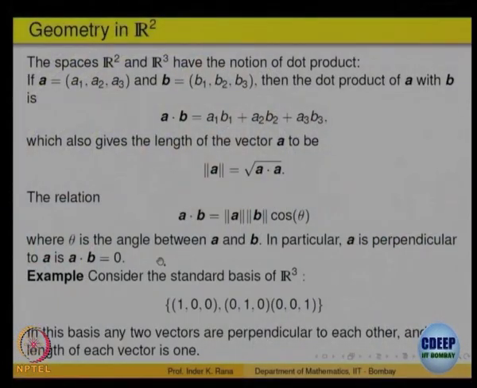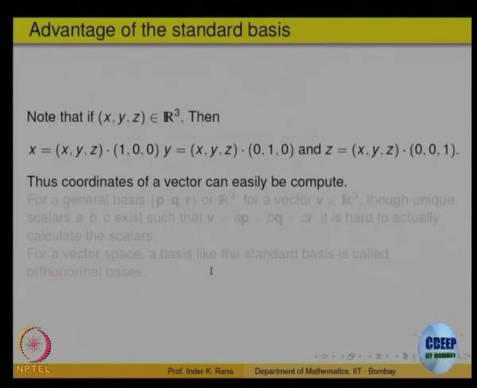So, this is the standard basis in R3: 1 0 0, 0 1 0, and so on. And what is the property of that? Any two of them are perpendicular to each other and the magnitude of each one of them is equal to 1, right. We have seen that a basis for R2 or R3 need not be unique, there are many other bases, infinite number of bases possible actually, but each will have 3 elements. What is the advantage of these 3 vectors? Why did I choose, in my example also, the standard basis? Because computations become simpler.